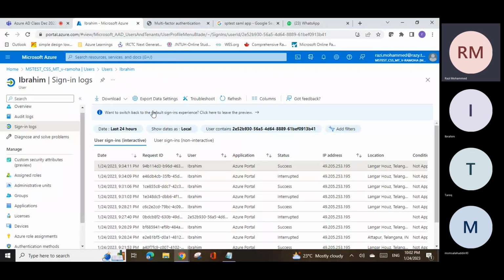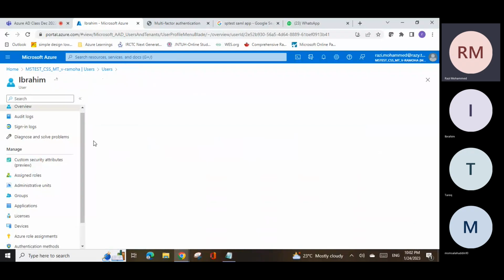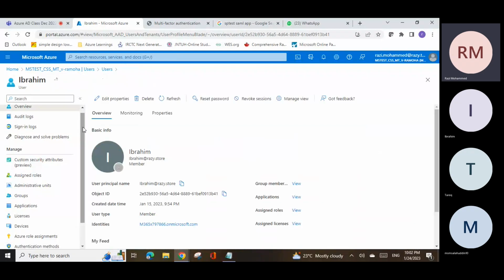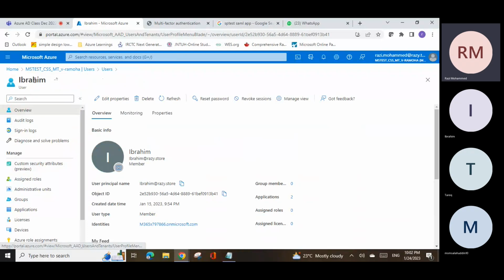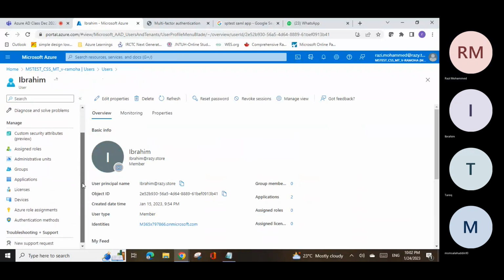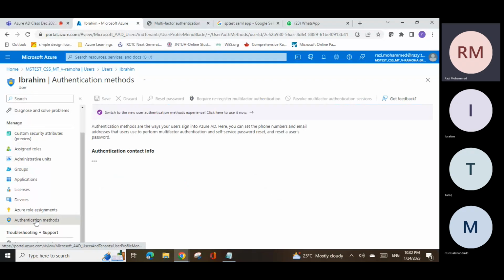आप क्या कर सकते हैं, पोर्टल पे जाके जो भी यूजर कंप्लेन कर रहा है। ठीक है, इब्राहिम इज कंप्लेनिंग दैट हिज फोन इज लॉस्ट एंड ही कैन नॉट लॉग इन। तो आप क्या कर सकते हैं, इब्राहिम के प्रोफाइल पे जाना। यहाँ पे नीचे कुछ ऑप्शंस दिखेंगे आपको, नीचे है ऑथेंटिकेशन मेथड्स। ठीक है, यहाँ पे जाएंगे आप।